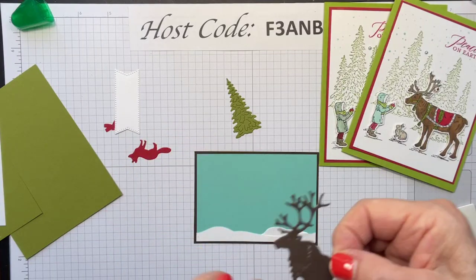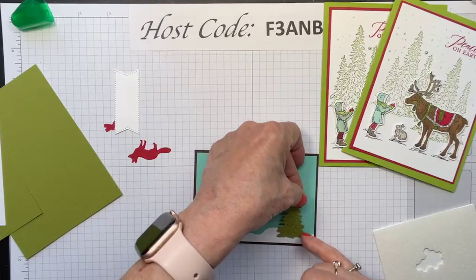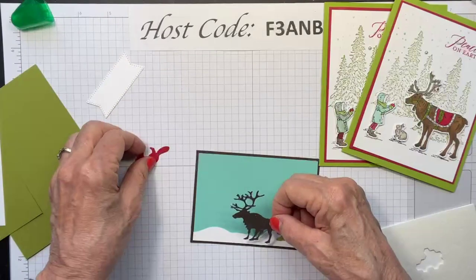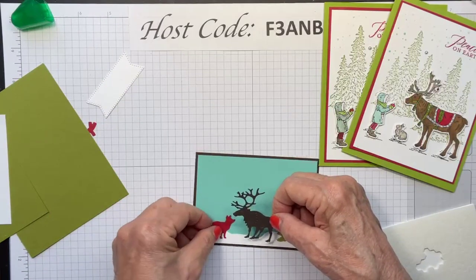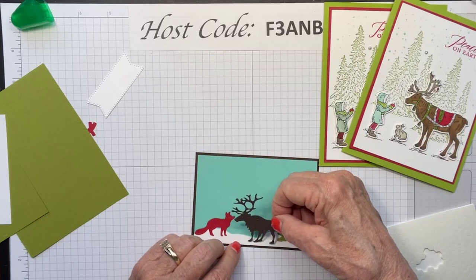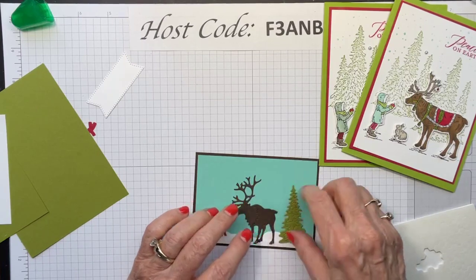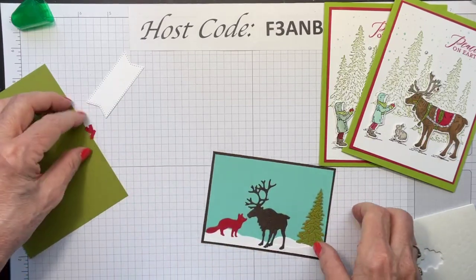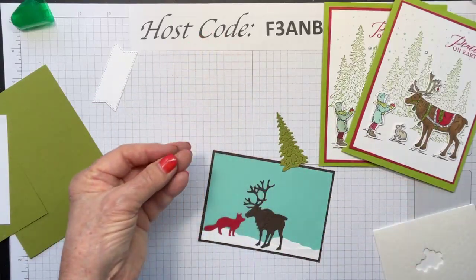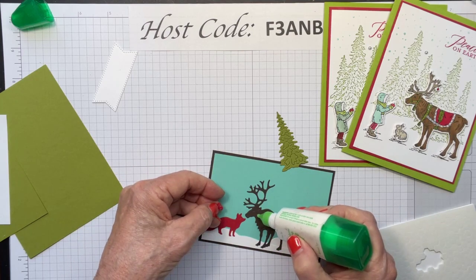And then we're gonna put him, the tree's gonna go about here. So I usually kind of dry fit my cards like this, and then he's gonna go, let's get room for our fox. Let's figure that out. We're gonna put a little fox in this one. And then we're gonna go with him about here. Okay, then there's this teeny little scarf. See this teeny little scarf? And I'm actually gonna put my drop of glue